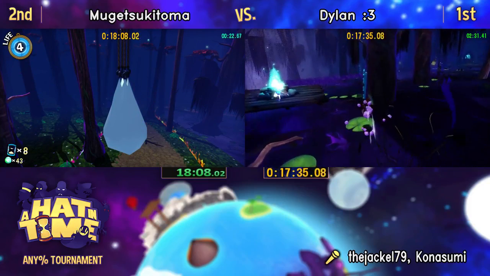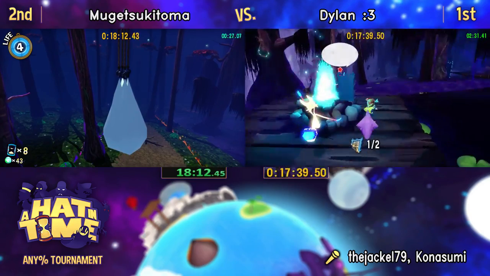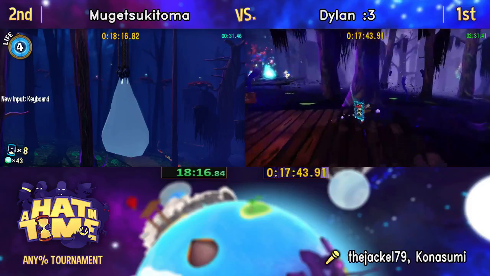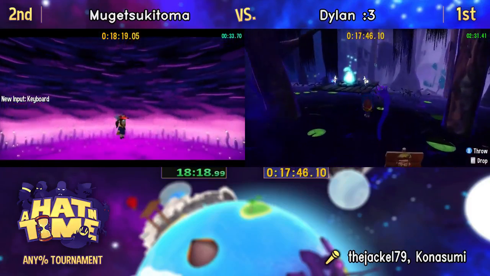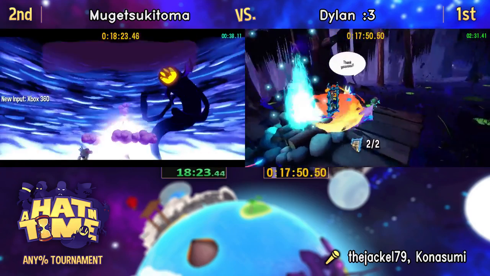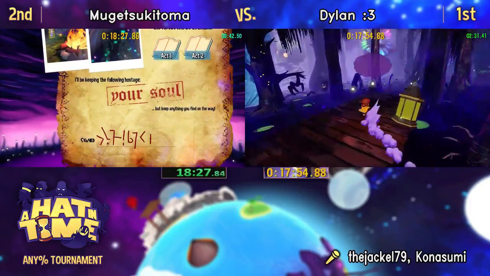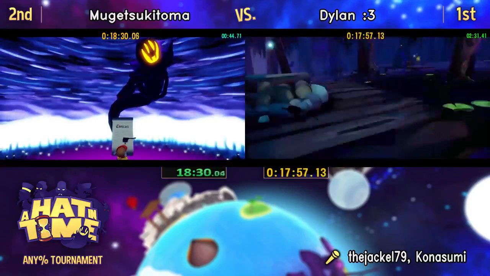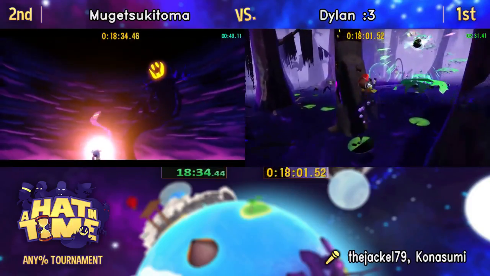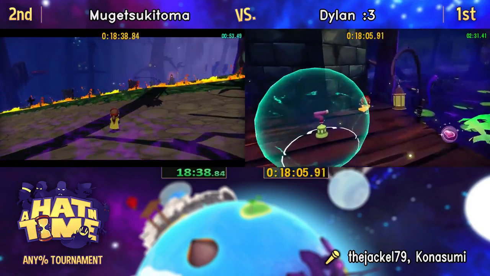So it looks like Muget did not go for bag skip. Completely understandable. It's definitely one of the hardest skips in the game. How long did it take you to learn bag skip? In total, it must have taken me around 4 or 5 hours to learn it, and I still haven't mastered it. Does anybody truly master bag skip? I don't know. Seems like many of the top players can get it pretty consistently. I remember Spy getting the world record without doing bag skip, so...